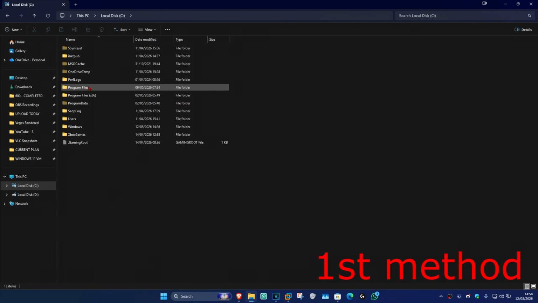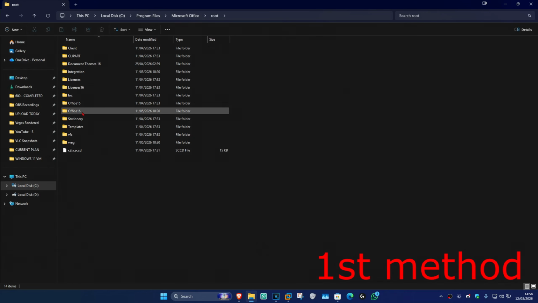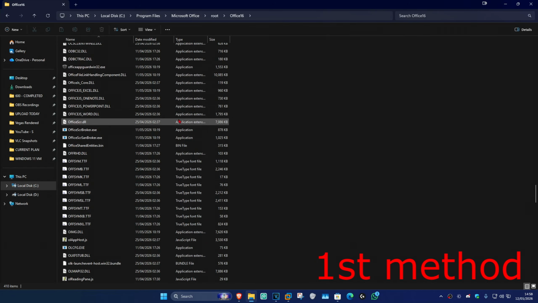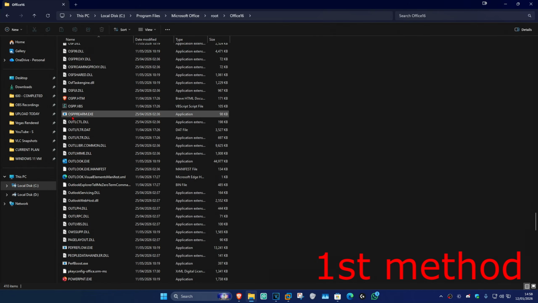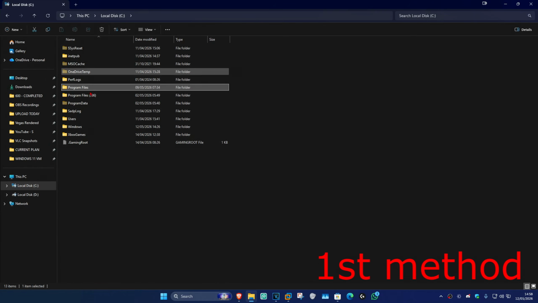You're going to have to search both Program Files and Program Files x86 to find it. In my case, I have it in Program Files, Microsoft Office, Office 16, and I have it in this folder. I'm going to scroll down until I find OSPPREARM.exe. If you can't find it, then just go back to the other folder, Program Files x86, and then look for it there. Or you could just search up here,